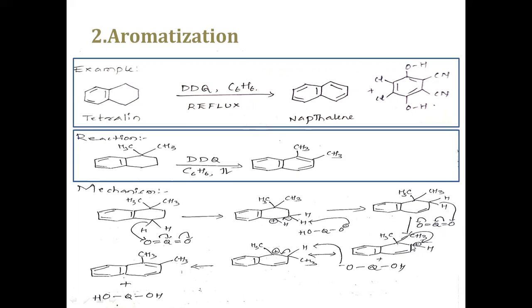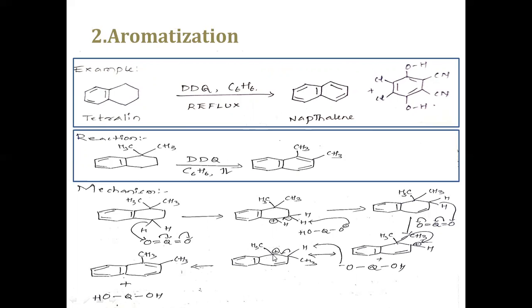Now you get a carbocation. This carbocation is a secondary carbocation. Now, adjacent to that carbon, you don't have any hydrogen. So this molecule will undergo an intramolecular rearrangement type of reaction where a methyl group migrates from this position to this position as a methyl anion. Previously it was a secondary carbocation, it will convert into a tertiary carbocation which is